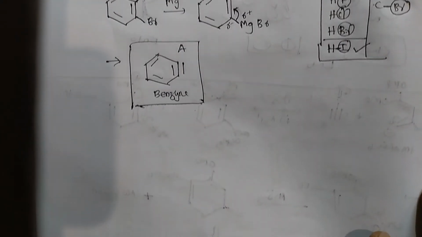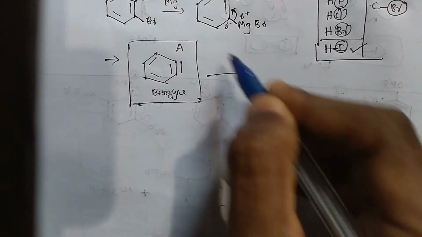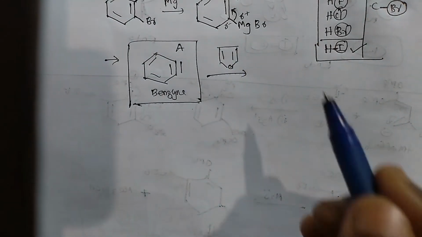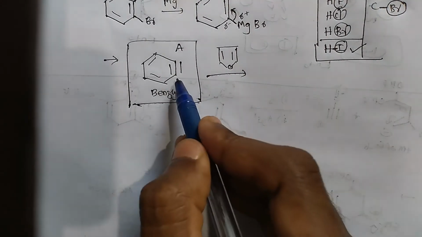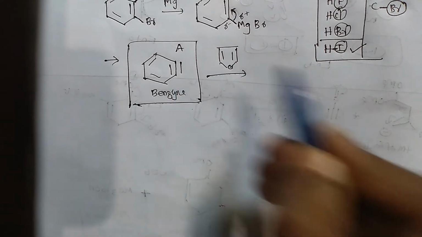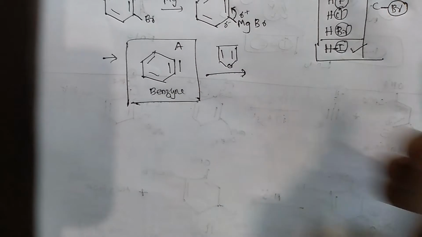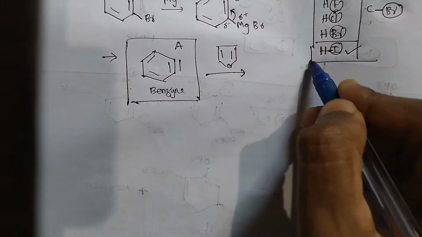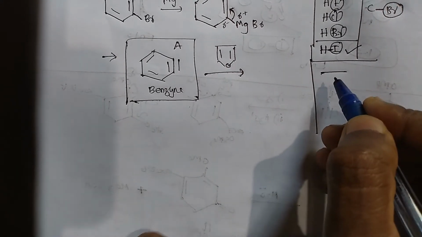Now we have to understand what happens when this benzene is treated with this one. It is given that it happens in the presence of temperature, so we have to understand this is a Diels-Alder reaction. This is the dienophile and this is the diene. Before explaining this reaction between benzene and furan, I will also show you something other than this reaction. I'll be considering a diene.